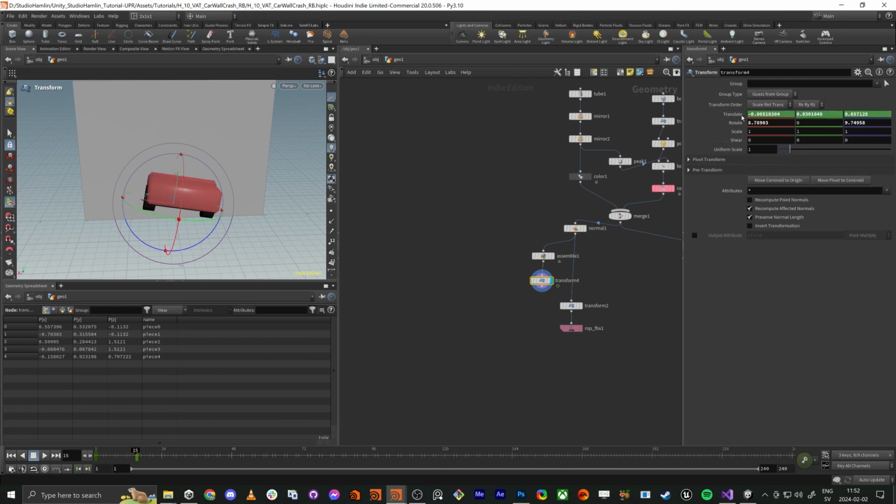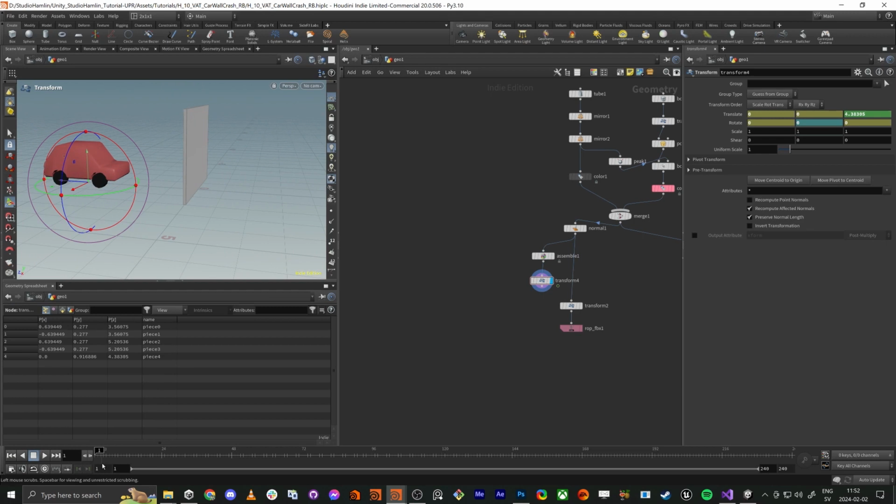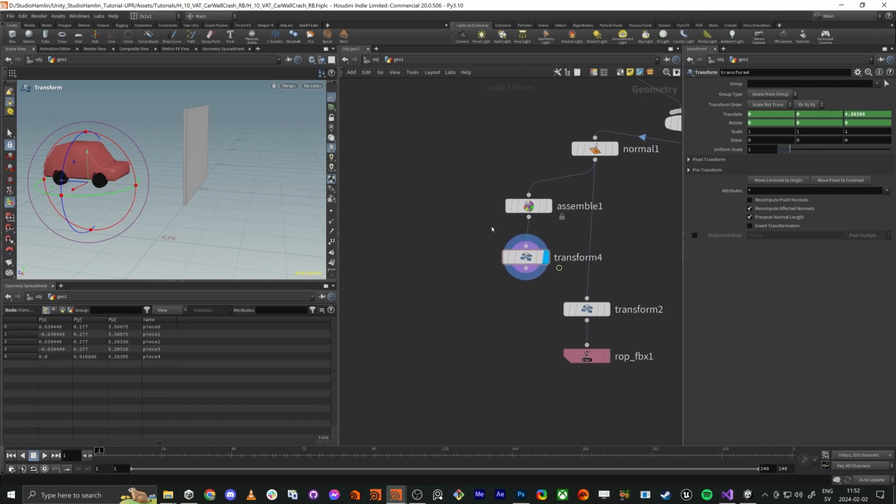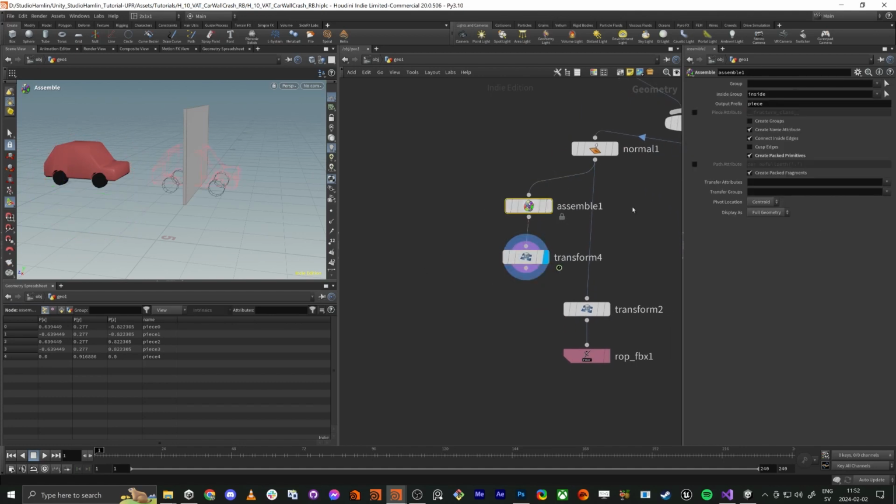So we just make sure we have this one keyed, and here we need to make sure we also have it keyed at 0. So now we have the car animated. Well, it's supposed to be, so Alt left click, so we key it, and you see now it's keyed. And because we made these 2 points,